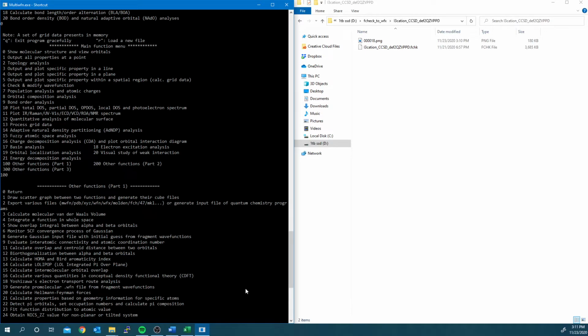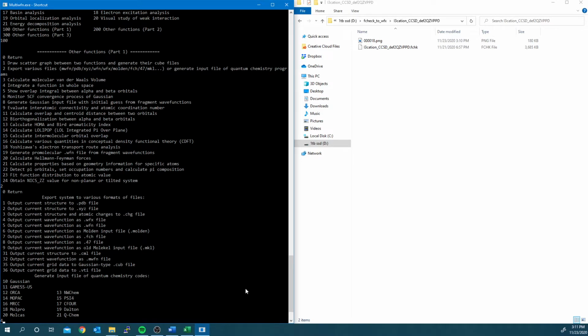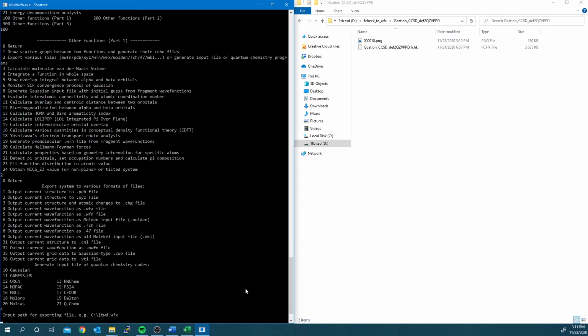Now, we want to save the output, so choose Return, 0, followed by Other Functions Part 1. Export various files. Output current wave function as .wfx. Choose the path for the output and add the WFX extension.